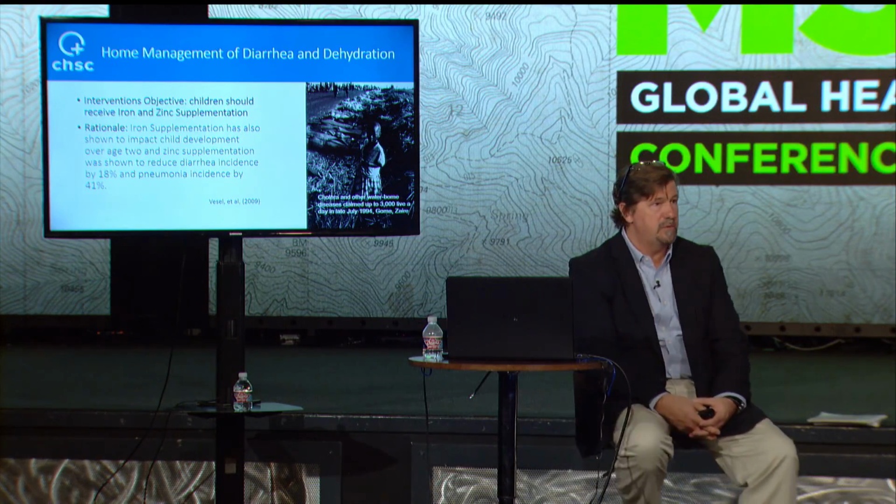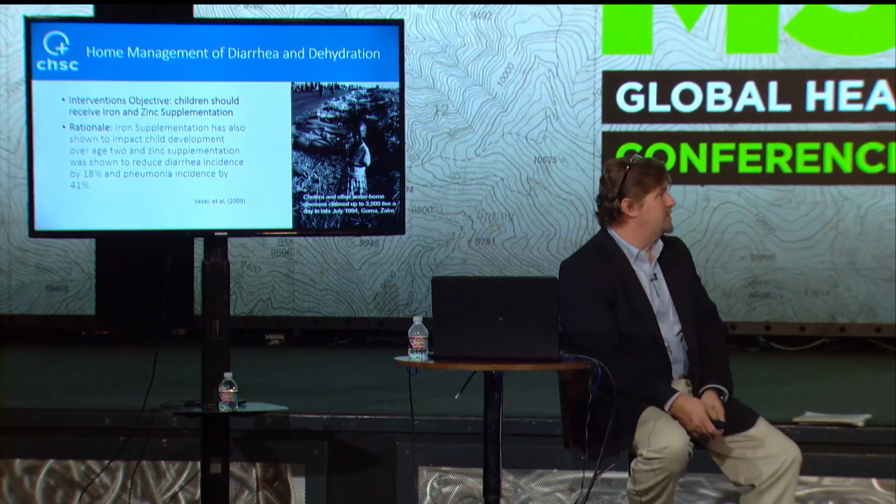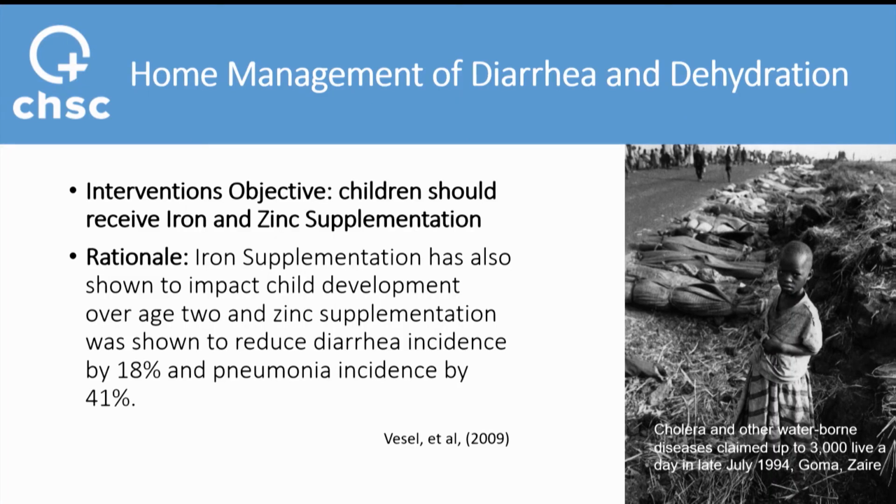Zinc supplementation. When we talk about home management of diarrhea, one of the things that we need to do is this idea of iron and zinc supplementation. Iron supplementation has been shown to impact child development over age 2, and zinc supplementation was shown to reduce diarrhea incidence by 18% and pneumonia incidence by 41%. So that's got a lot of potential in there, which is why you'll see zinc supplementation is a primary standard within the guidelines for